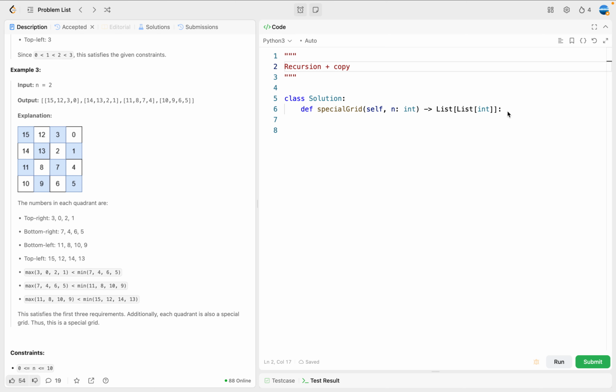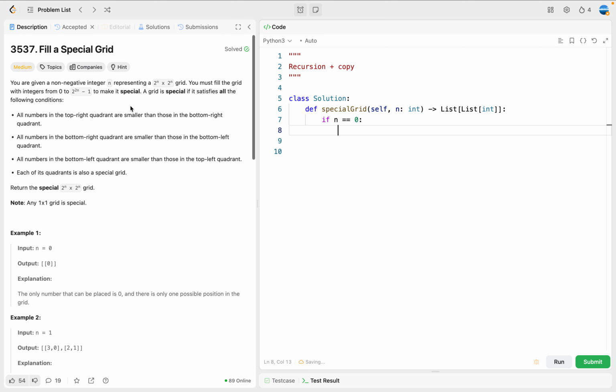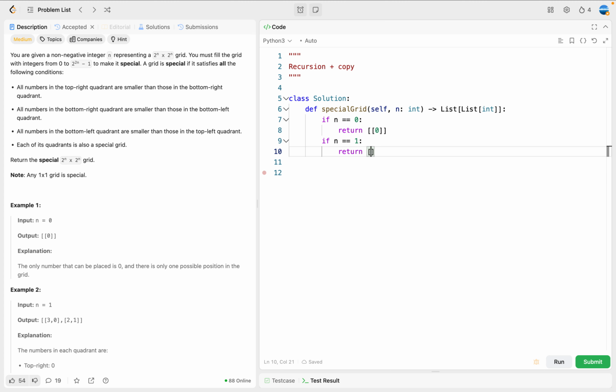So first I'm going to write some special cases. If n equals 0, right? The size will be 2 to the power 0, that is 1, right? So we just need to return this one, that is 0. Notice that it's a list of lists, right? So if n equals 1, right? We need to return this one. It should be 3 0,